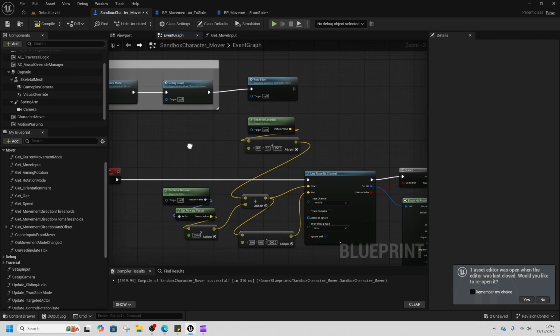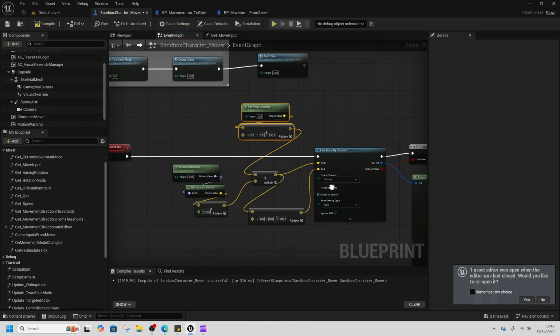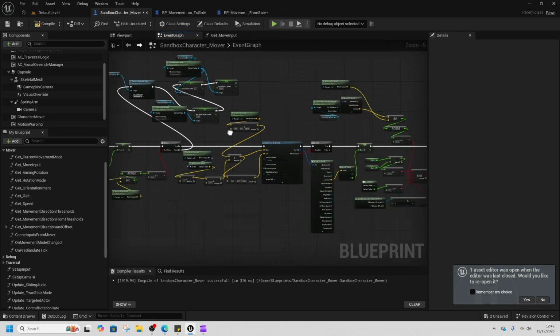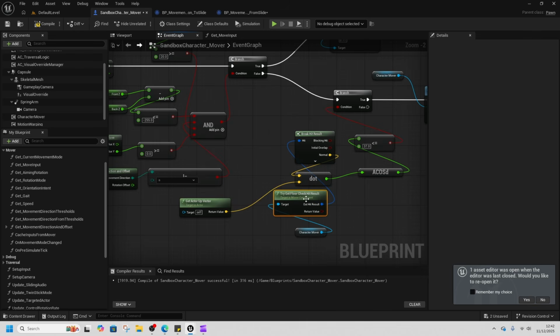And then finally, this is running every tick, so this is quite expensive. So we're just going to optimize this a little so it's not running every single tick, and we can turn off the debugs so the red line doesn't appear. But to optimize this, we're going to come and grab this ACOS function to try to get floor normal one. So we're going to grab all of this,